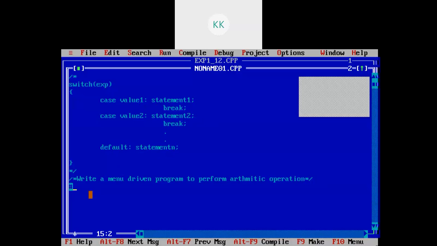So I will write some header files, #include conio.h, #include iostream.h, and I will write void main.